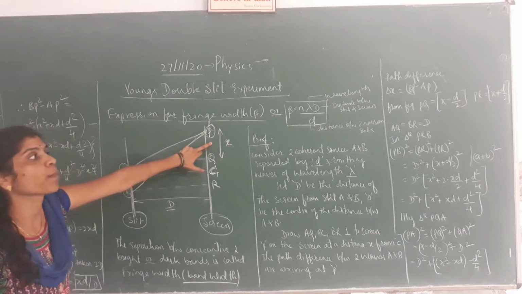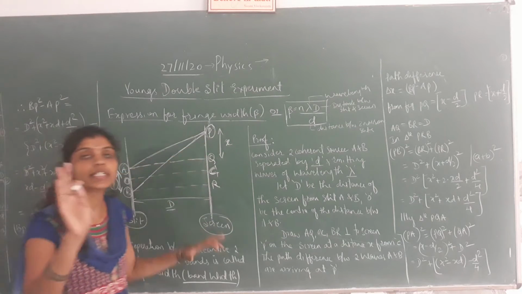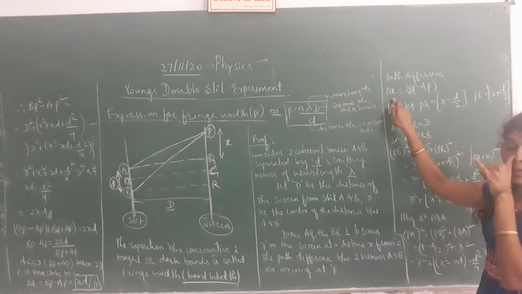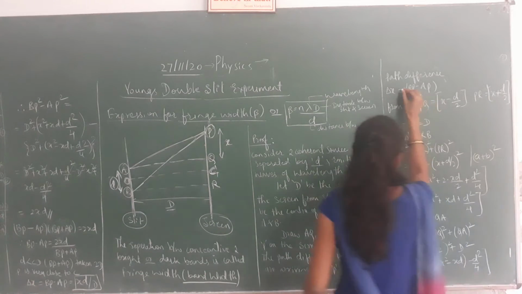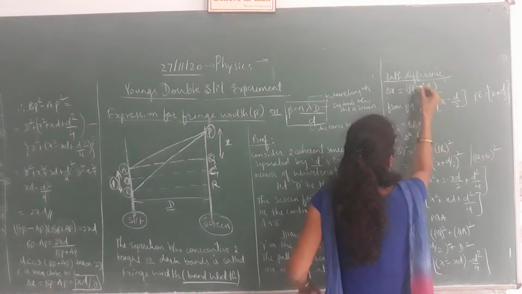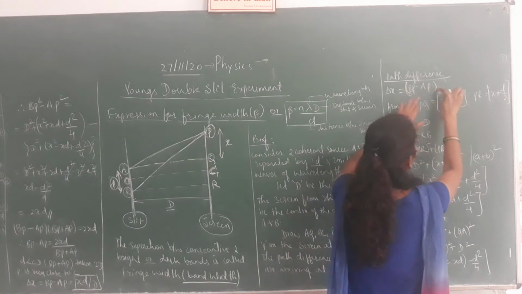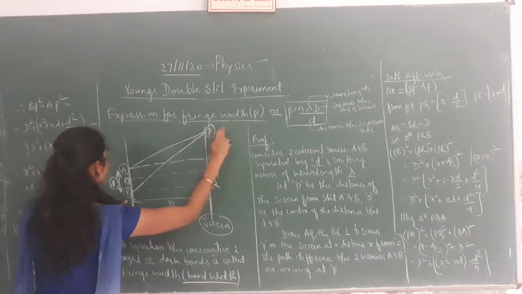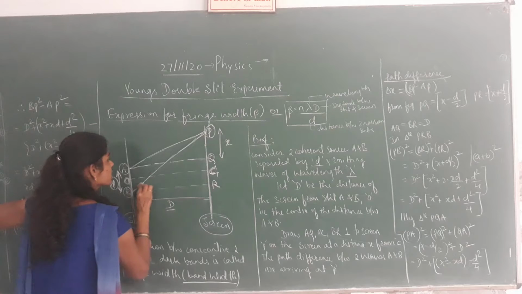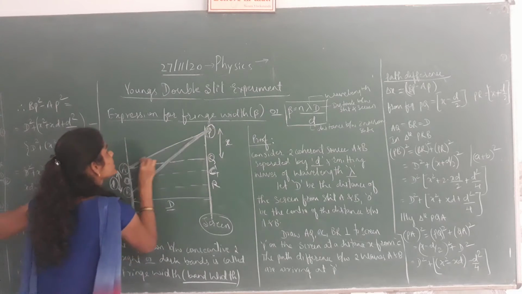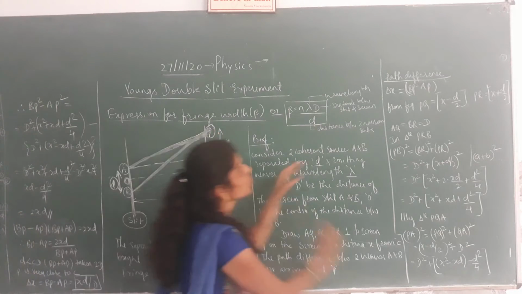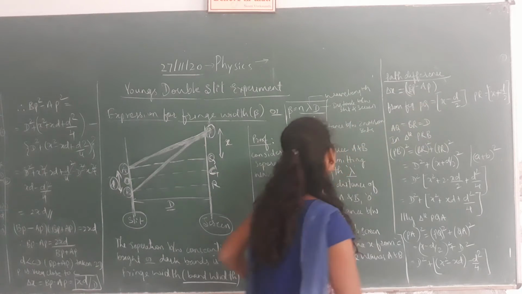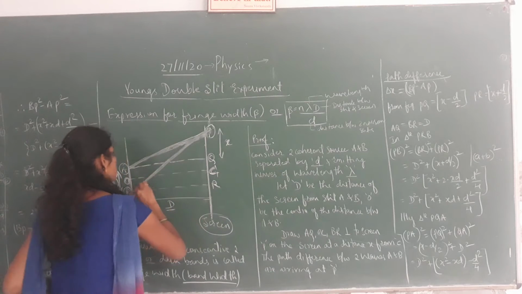Therefore path difference is always represented by the symbol delta x. Path difference is given by the formula delta x is equal to BP minus AP, so that is shown in this diagram. This is the BP and this is the AP. So path difference delta x is equal to BP minus AP. So from this diagram,